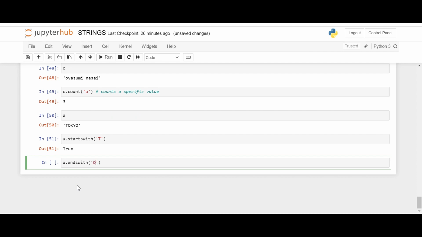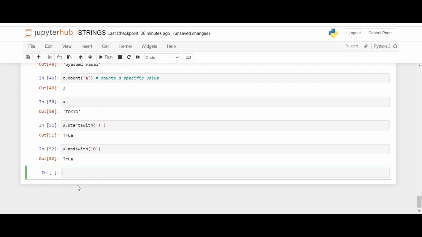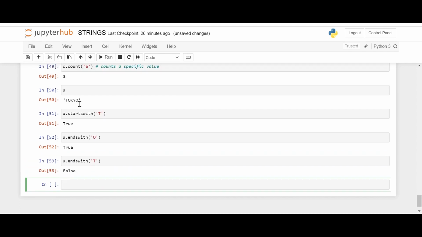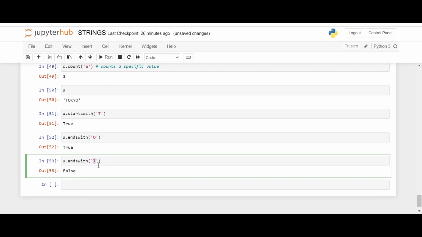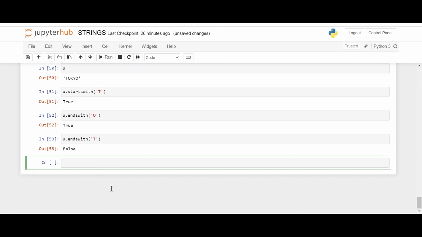So O. Since it ends with O, it's returning true. Now let's check something that doesn't end with O. Sorry, it doesn't end with T. It ends with O, so we are getting false in this case. Okay, now let's